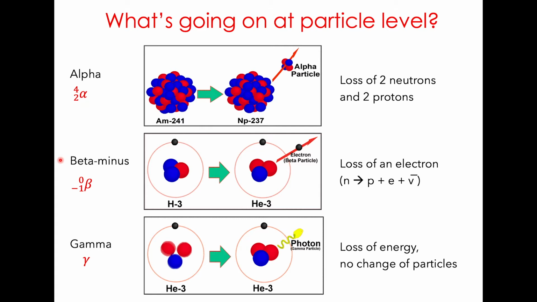Beta, or strictly speaking beta minus particles, are electrons. Now this should surprise your students because electrons are not normally found in the nucleus. What's going on here is that a neutron is spontaneously turning into a proton, an electron, and a tiny piece of antimatter called an antineutrino, which we usually ignore at this level. The electron is spat out of the nucleus as the high-speed beta particle.